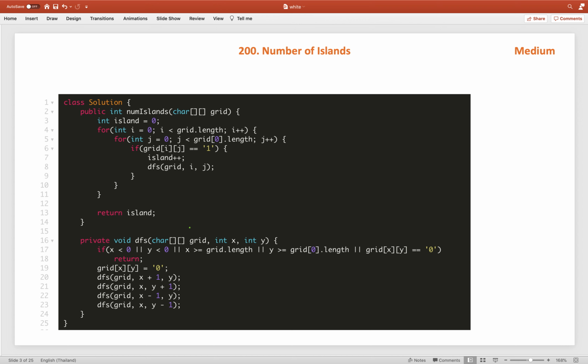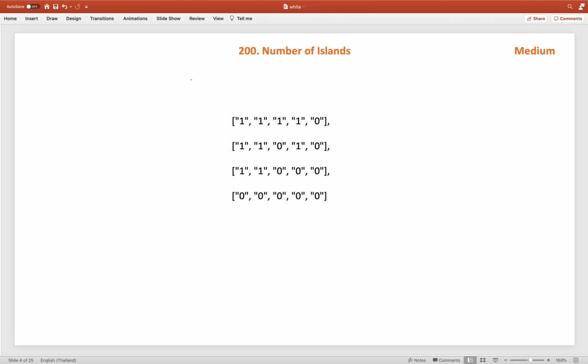Now, how will we solve it with the BFS approach? For the BFS approach, this piece of code will be the same, there is no change. Instead of DFS, we will just call the BFS method. For BFS, as you know, we will use the queue data structure, a queue of int pairs, basically the x coordinate and y coordinate of our current land coordinate. We will store this into the queue. So, let us say we started from this coordinate, which is 0 comma 0.